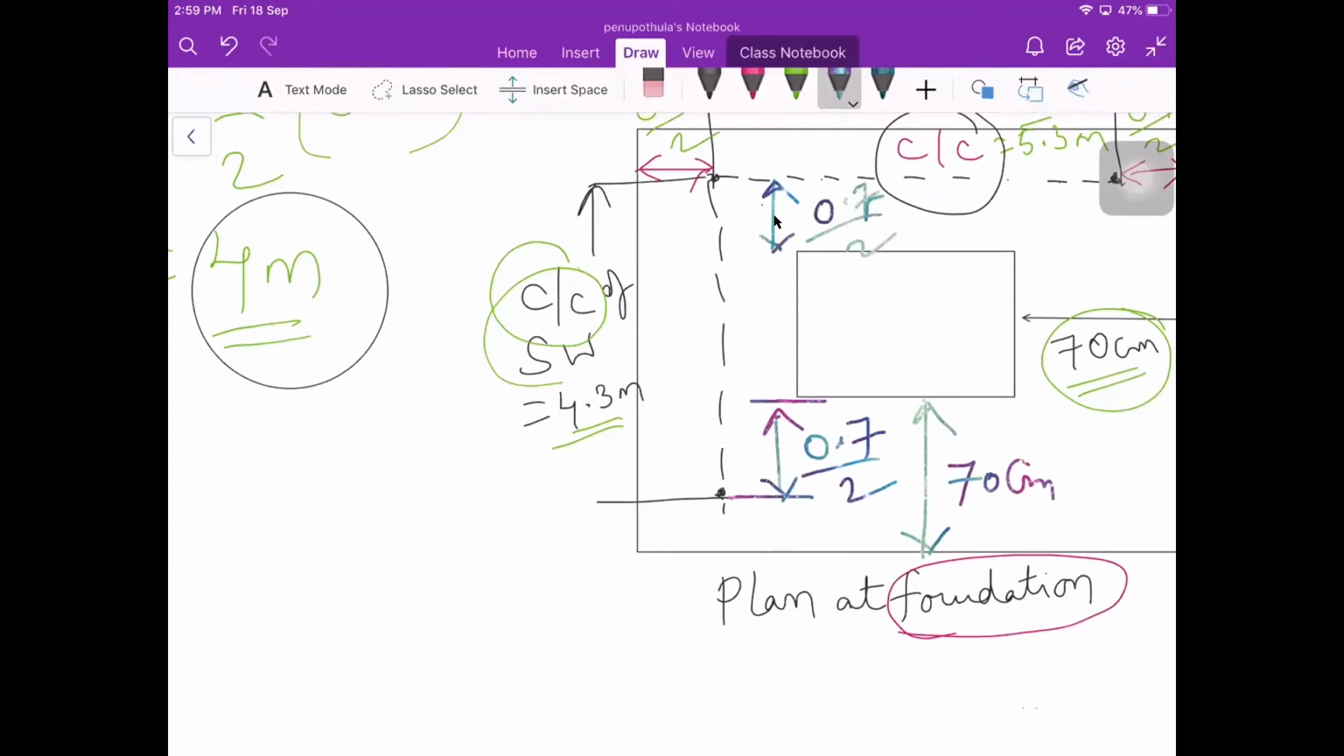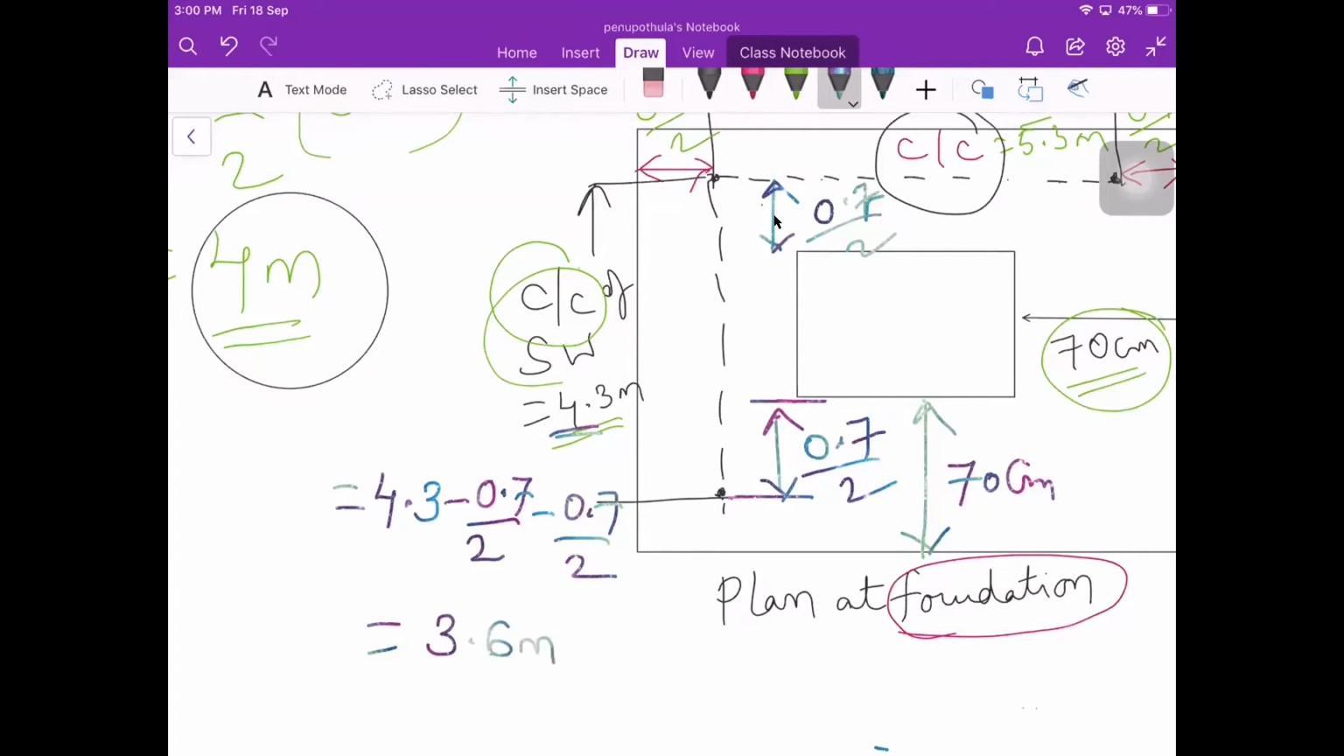Okay, so now if you want to calculate the in-to-in length of this, the in-to-in length is the center to center line length, which is 4.3 meters, minus 0.7 by 2, minus half width on one side, minus half width on the other side at the corresponding level. So 4.3 minus 0.7 by 2 minus 0.7 by 2. What will be the answer? It is 3.6